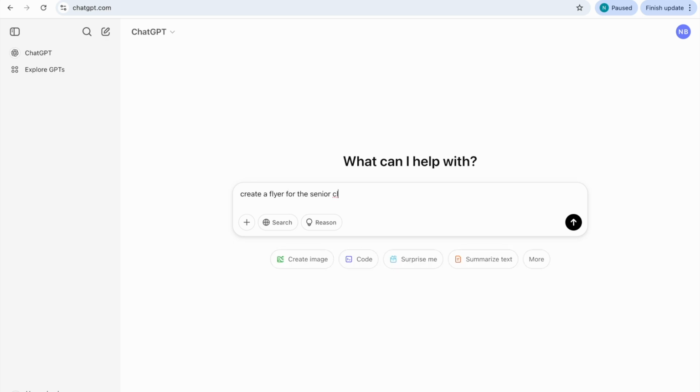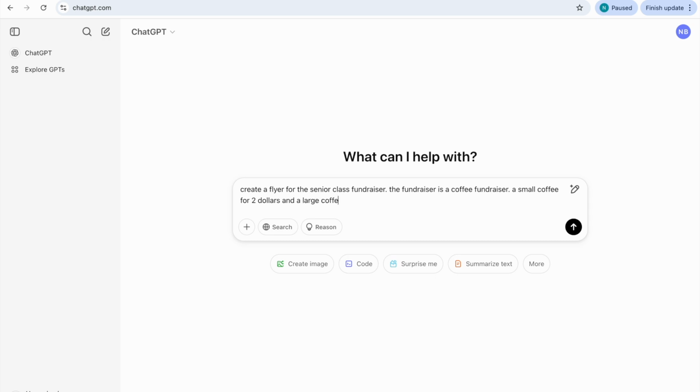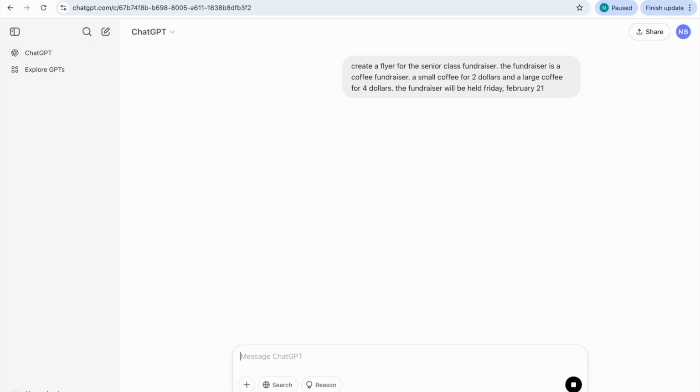The fundraiser is coffee. A small coffee is $2. A large coffee will be $4. The fundraiser will be held Friday, February 21st. So, giving it details without too many details. And when I put in that prompt, you can see that it generates a flyer that I could send out